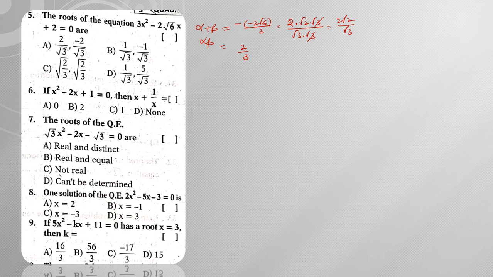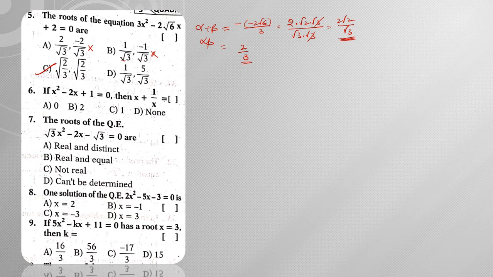So from option 1, the sum of roots is becoming 0. In option 2 also, because they are having the same values but opposite in sign, that's why the sum of roots will decide the answer. Now next, coming to option C. If you observe option C, the sum of roots is nothing but 2 root 2 by 3 and the product of roots is 2 by 3, hence option C will be my answer. Next, moving on to question number 6.